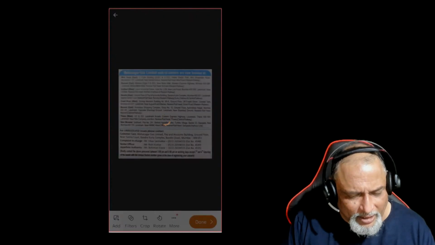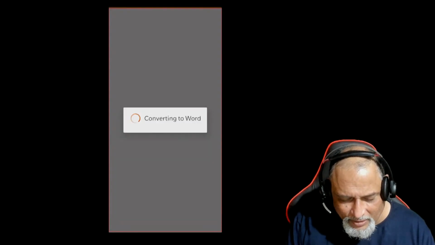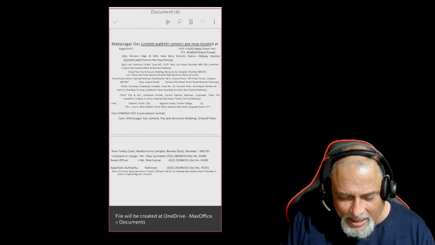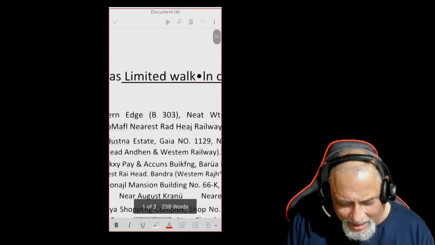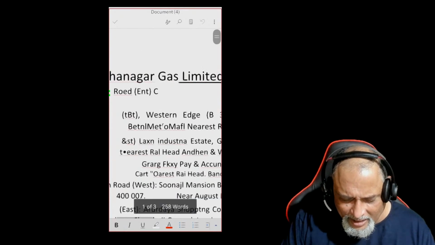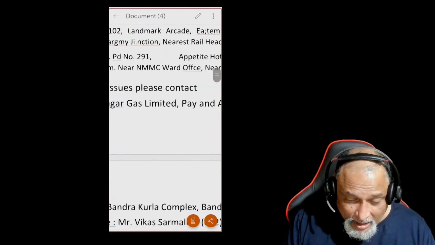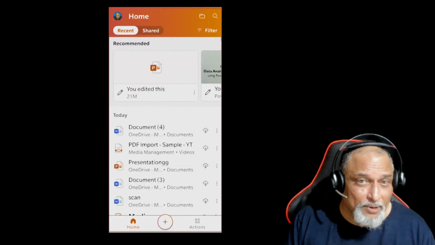recognized. It will put it in a Word document and then you can edit it. It's that simple. So now it's converting it to Word. Word starts right there within the application, and now we have all this done. Now my lighting and all that is not so nice, but still it has done quite a good job of this. Now, while we are talking about Word, there is another brilliant feature which many people don't know works on